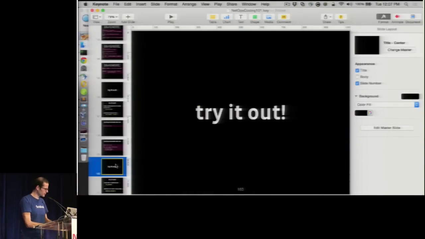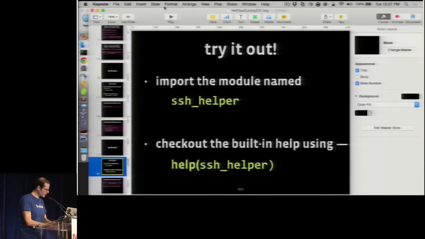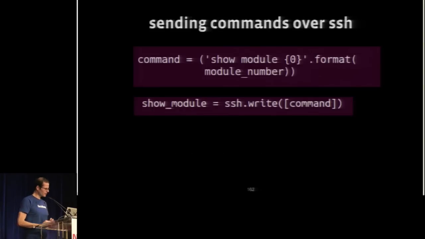So with that, let's continue on. Now let's talk about how to send commands to a device over SSH. So we've got our show module command, for example, show module 5 or 4 from what we just did. And let's try writing that. So if we type in show module equals the result of SSH, which is our object from SSH helper of the session, and we call write, we pass in the input,